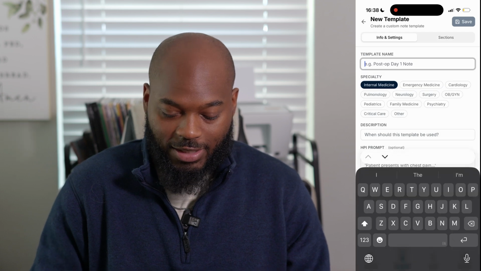I'm not going to go through it too much, but then you can pick which sections you want. And then you can change the order as well. And then you can create your own custom section using some of the same sort of preset types. So either it's a free text one, the tile editions, you can create your own custom sections as well for your own custom templates that are just for you, just for your school, your rotations, and whatever your attending